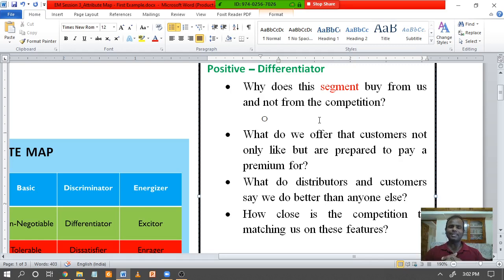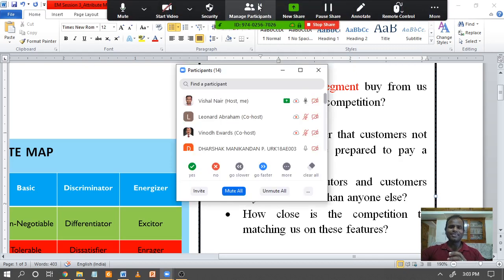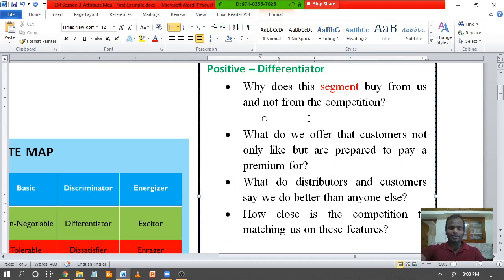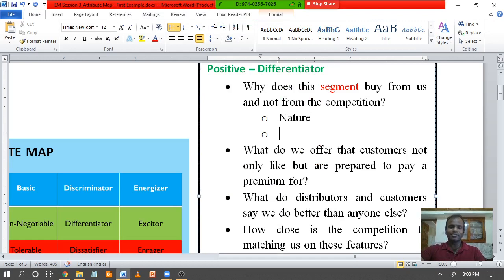Can you tell? What do you think? What is that one thing you get in Karunya that you may not get in other universities? Any guesses? Those kind of campus, nature, the campus trees. Nature. Then fine, what else? Infrastructure. Now infrastructure may be there in all the other colleges also, right? Yes. Okay, but let me just put it over here. Nature.